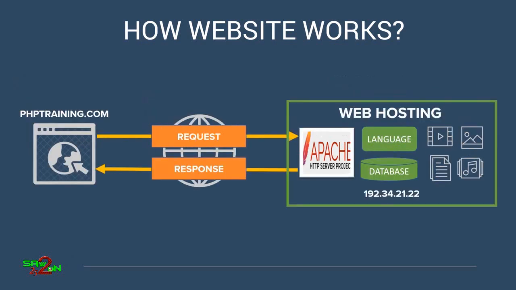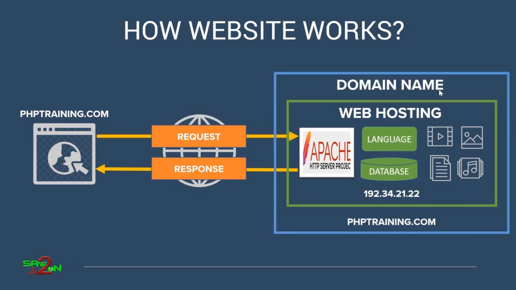So in this context, web hosting comes into the picture. When you have this web server, and you want language support, database files and everything, you buy this from web hosting. If you want a domain name, that is phptraining.com, you get it from domain name providers, that is nothing but GoDaddy and Namecheap. Web hosting is provided by HostGator, Bluehost, DigitalOcean, where you get the server and some software installed on it. The domain name you buy from GoDaddy and Namecheap, where they sell domain names, and then you map the domain name to the IP address.